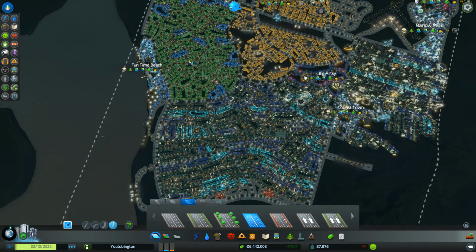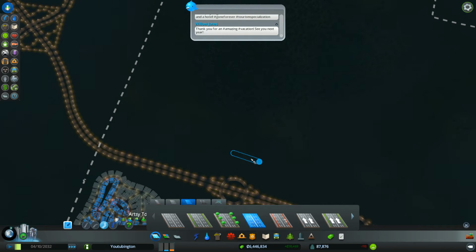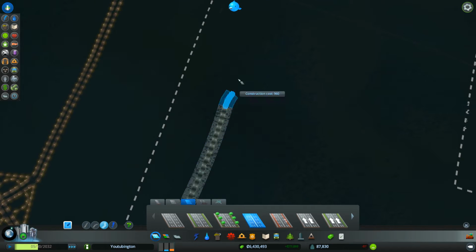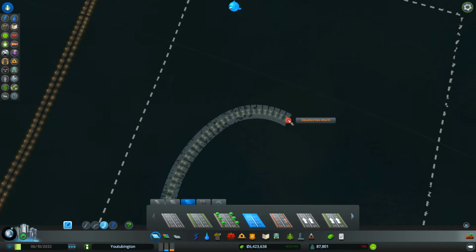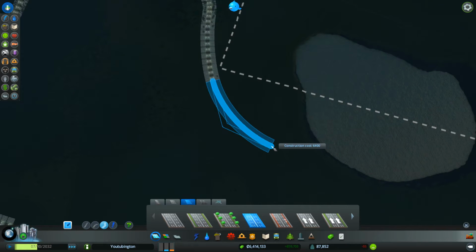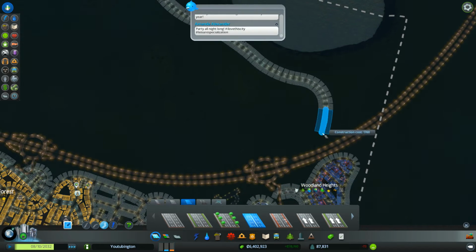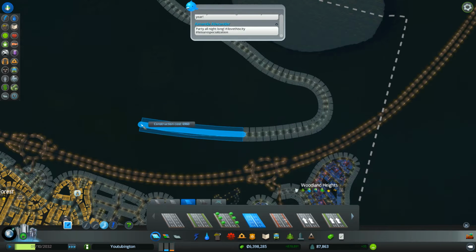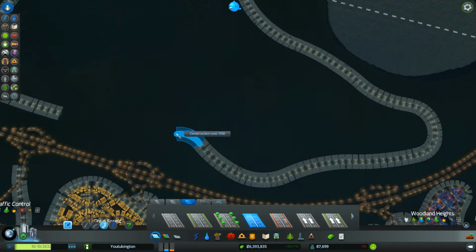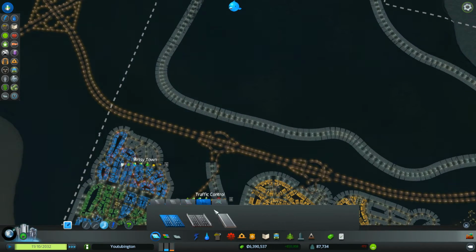We do have a cargo hub, though, don't we? I forgot about that. I did forget about that. We'll figure out the top later, but for now we can do this maybe. There we go. Now we can